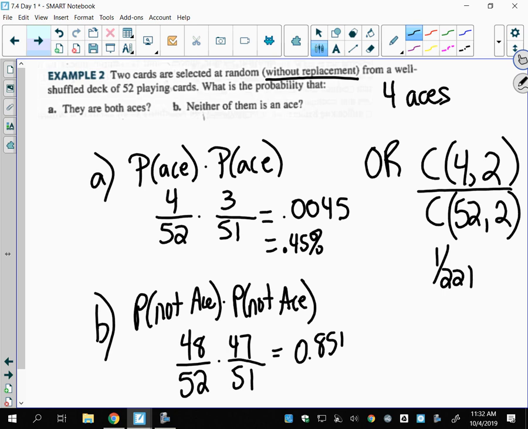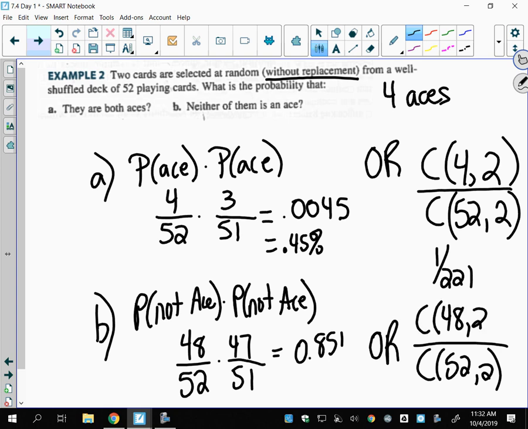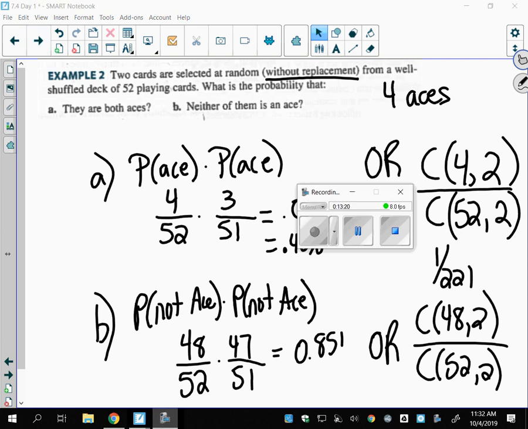What if we did it as combinations? The combination here would still be 52 choose 2. But now, how many cards am I choosing from? To not choose an ace would be 48 choose 2. And again, you get the same answer. Okay? Okay. So, yeah, we're